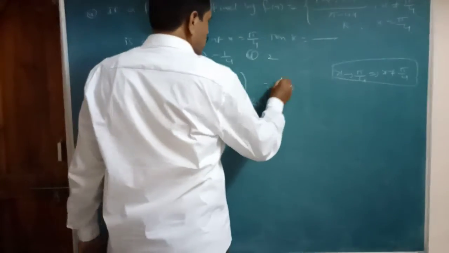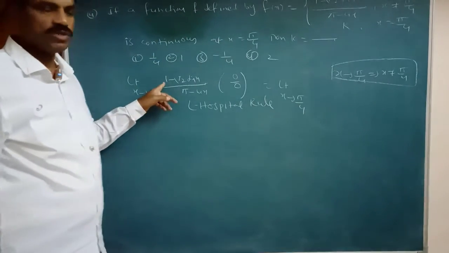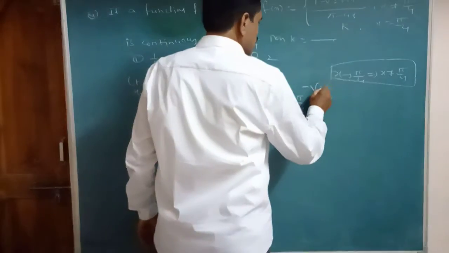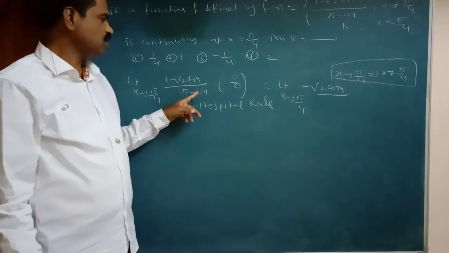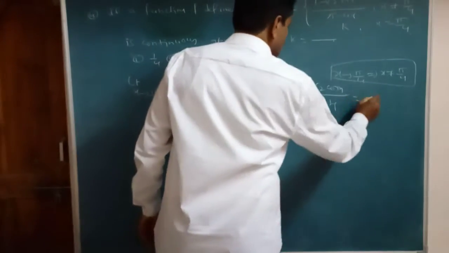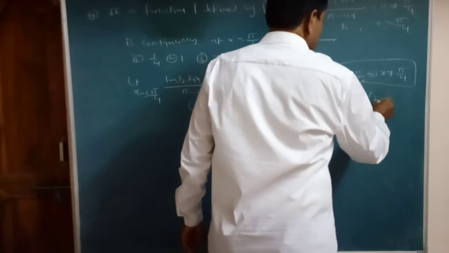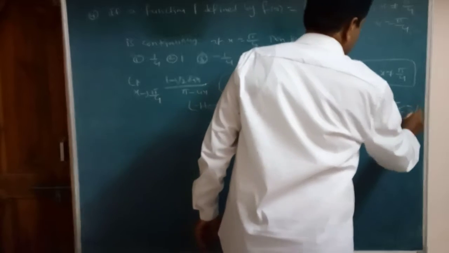So that is equal to limit x tends to pi by 4. Here the derivative of the constant 1 is 0, and the derivative of sin x is cos x, so that is minus root 2 cos x, divided by the derivative of the constant 5, which is 0, and the derivative of x is 1, so 1 into minus 4 gives minus 4. Now substitute here, minus cancels. That is root 2 into cos pi by 4, which is 1 by root 2, by 4. So this value is how much here?